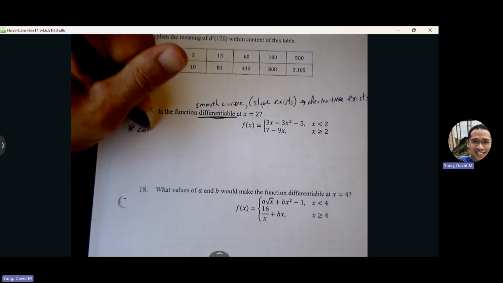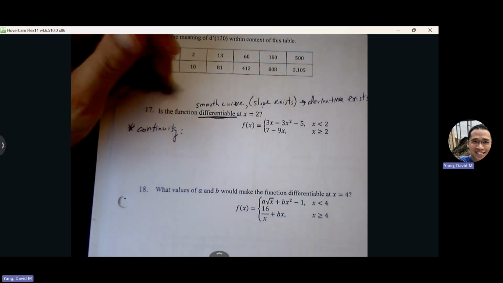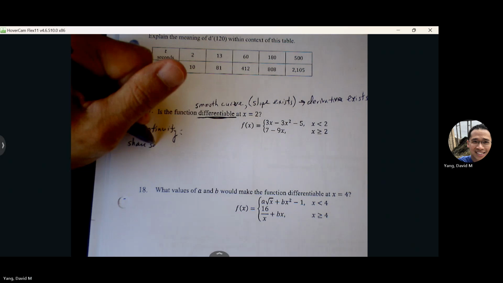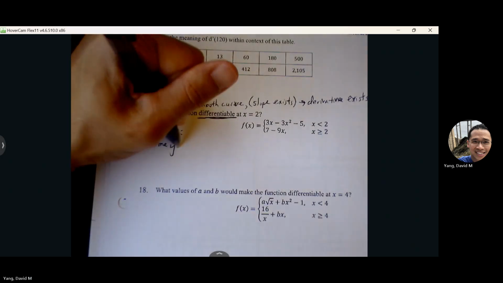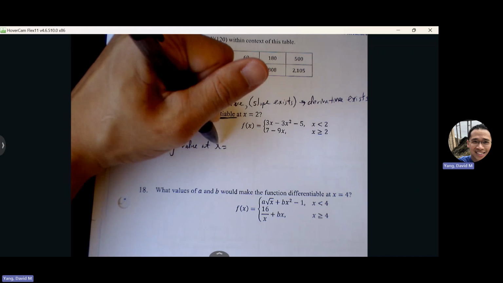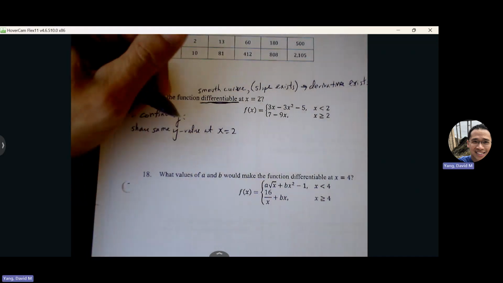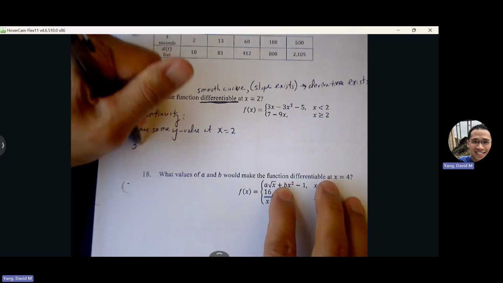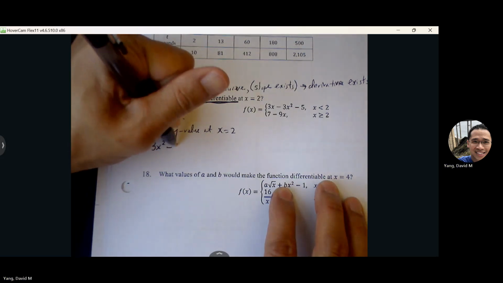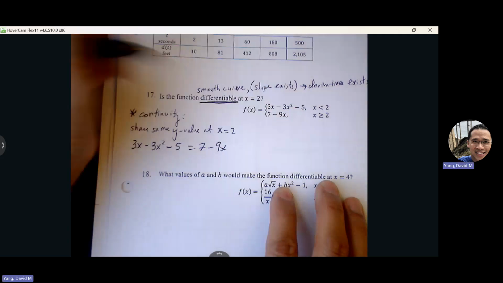So the continuity portion means they must share the same y value at x equals 2. So I'm going to set these equal to each other and see if they actually share the same y value